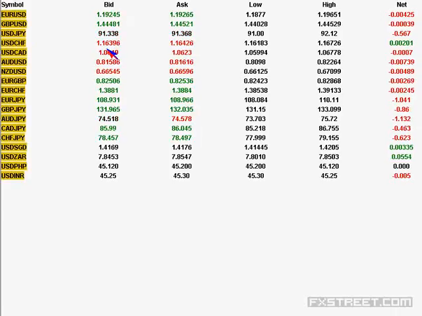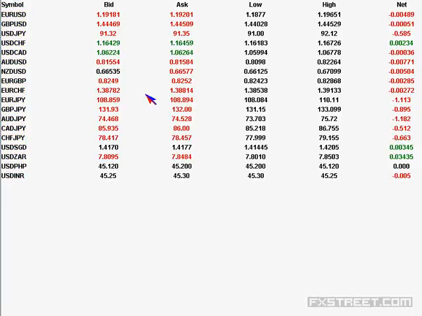CHF: 1.1639, 1.1642 are the current levels, and the low is 1.1618, the high is 1.1672, the net change is 20 pips positive. So when Euro has dropped about 45 pips, USD CHF has gained only about 23 pips. As a result, you find Euro CHF has come to a newer low level in the 1.38 area. Similarly Euro CHF has come down drastically, and currently it is trading 25 pips negative net change. So we find that Euro and its crosses are being affected, but the rest of the currencies are in normal conditions.